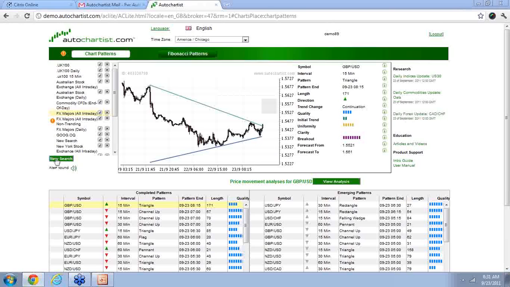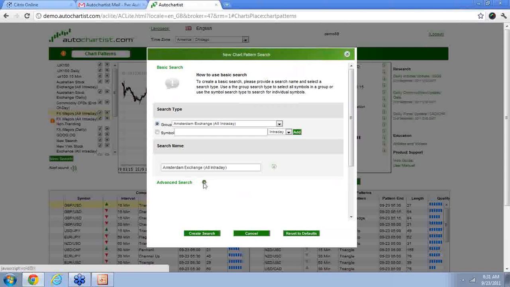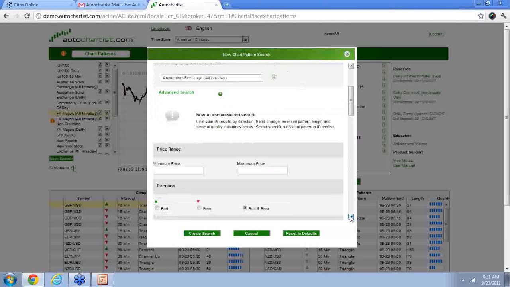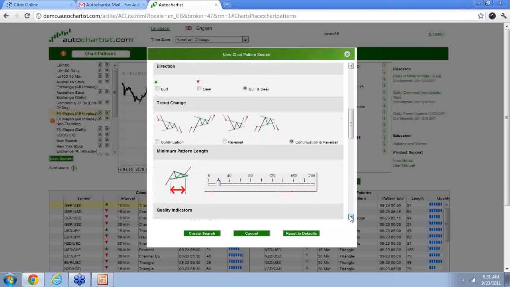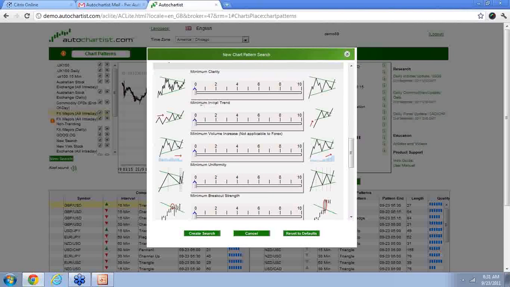Now, really quick here, how you can control what comes up is you can go to the new search area, and you have the ability to filter your quality indicators the way you want to make it more appealing to you. So, for example, on minimum clarity, you have the ability to set it from 0 to 10. 0, you can see from this little icon here, tends to have a lot of spikes or be a little bit more choppy, whereas 10 is a little bit more clear, or a lot more clear, I should say. So you have the ability to set